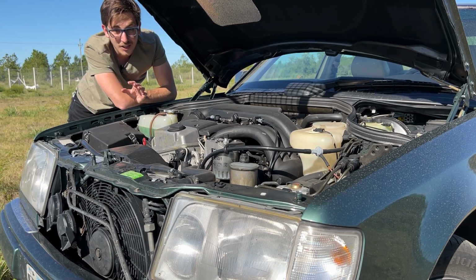This car is very slow and does 0 to 100 kilometers an hour in around 15 seconds, but it won't